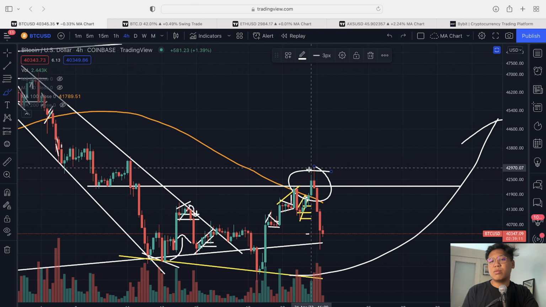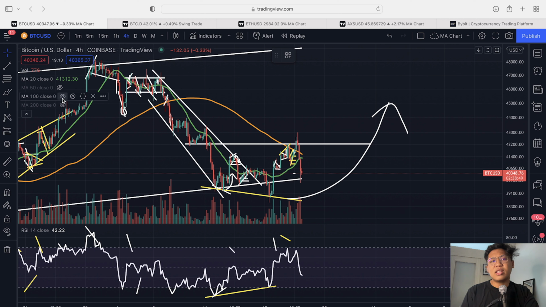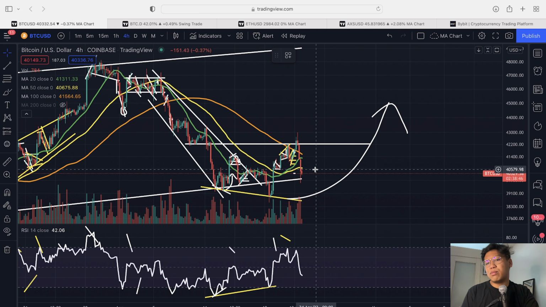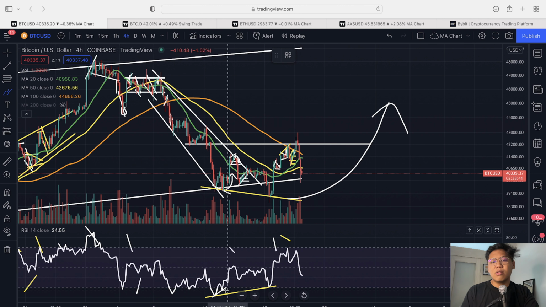But right now, ano ba nangyari ngayon? So as you can see, if you're going to look at this in the 4-hour time frame, we are still within this range ng ating bullish divergence within the 4-hour time frame. I think that this could be a pullback lang. This could be a pullback before we see a continuous movement to the upside. Kasi look at that. We are still playing that bullish divergence. And for me, I